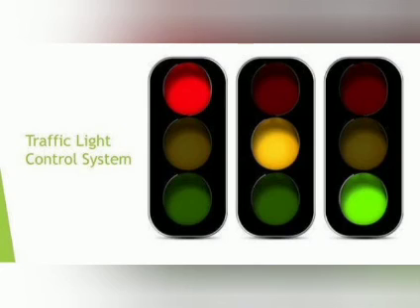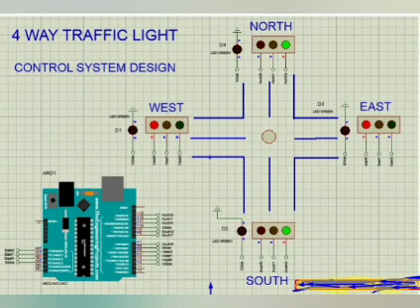Whenever we go from one place to another, we have a signal in the area which has 3 colors: red, green and yellow. Red means you need to wait, stop. Green means you can go, and yellow is for waiting. So this is the major application of traffic light. Have you ever noticed that this traffic light works under the 8086 interfacing?